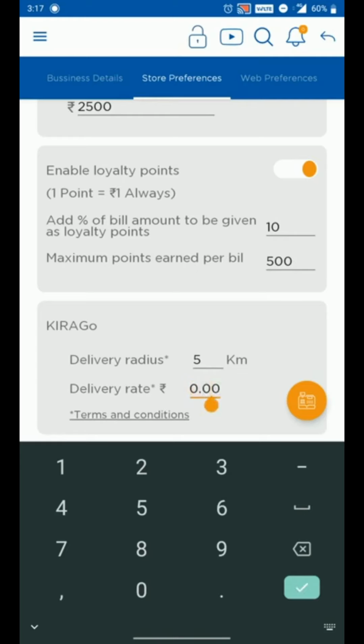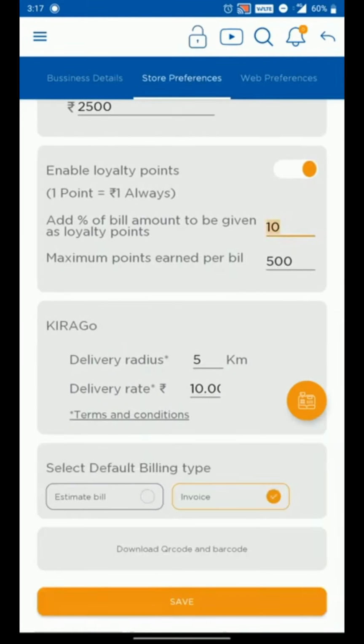Next, in turn, is the billing type. As I put 10 here, we go to the billing type where we have two options. The first option that we have is invoice and estimate. You can choose either depending on the way you bill your products. I bill in estimate, hence I choose that option. If you bill in a different way, you can change that on a billing screen later.